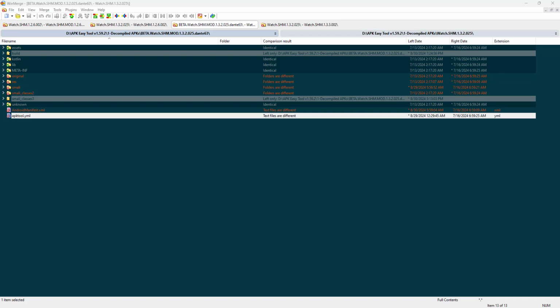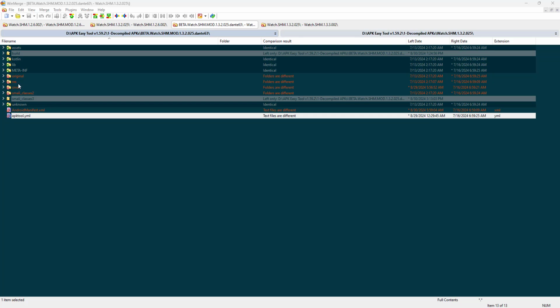I check permissions before calling any permission-related methods, so the app doesn't crash. And with that done, it fixed one part. The next part is whitelisting. Now unfortunately, there is no interface for battery optimization on Wear OS to whitelist the app. It has to be done through ADB. So what I did is I pushed the layout into SHM-Mod.